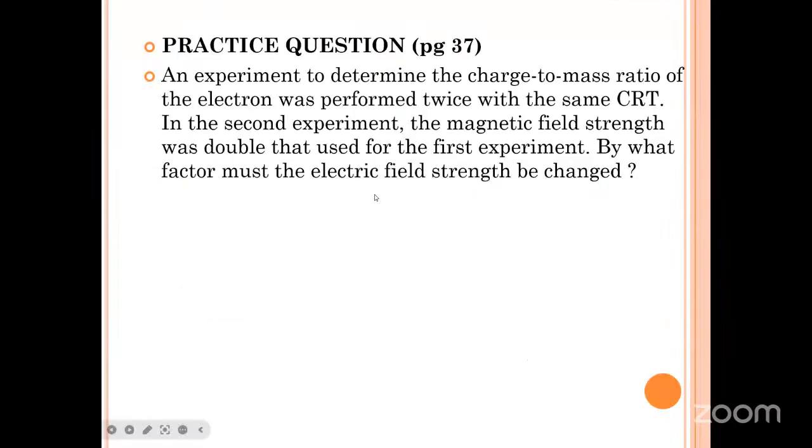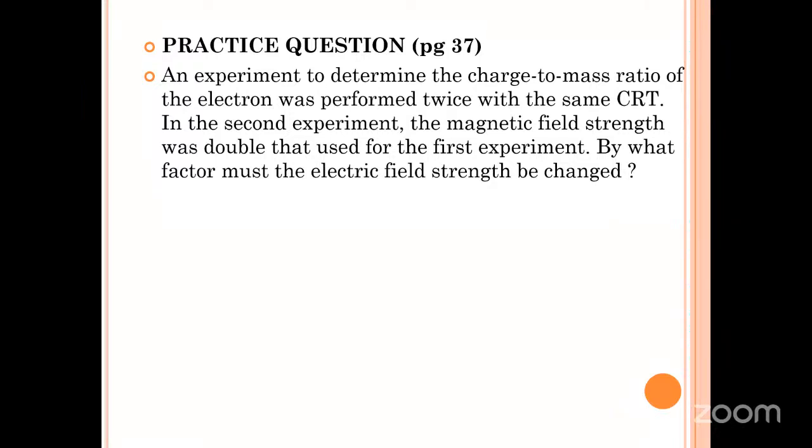Now, let's look at this question together. Don't bother about the page I put there. When you get into school physically, there is a handbook that you're supposed to get, and that's why I brought this question from the handbook, and there are other questions that I brought from other past questions and so on. So this question says, please look at it very well, an experiment to determine the charge to mass ratio, E over M, of the electron was performed twice